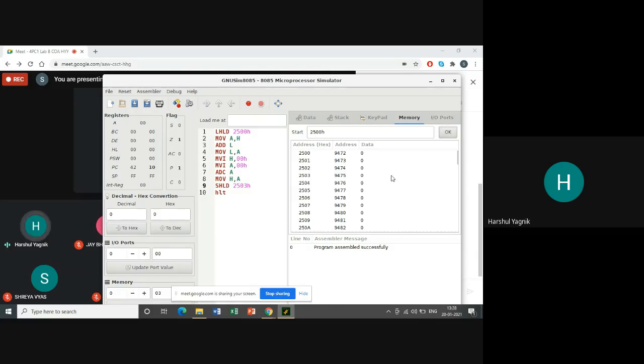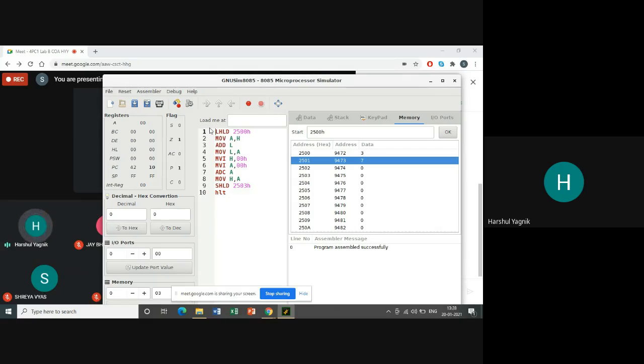Okay, now feed some data over here. Okay, second data. Okay, these two data has to be added. Now load program at memory location. Above it, load program at memory location.